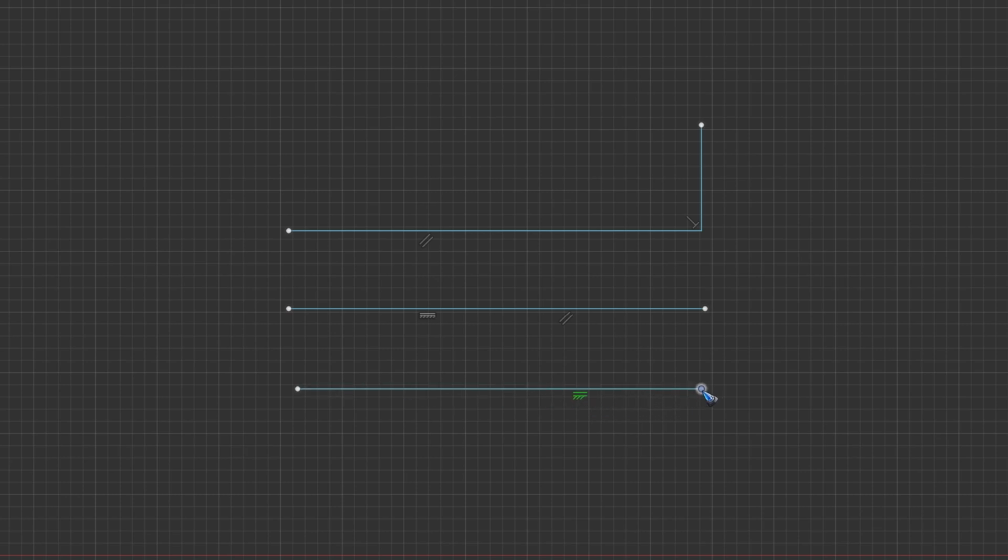I can, with the inference snapping, make it a horizontal line by letting go of my mouse right now. This is the horizontal icon. Look what happened. I cannot freely move it anymore. It is constrained to being a horizontal line. Similar with this perpendicular icon, this point cannot be moved on an angle because it is perpendicular to the line